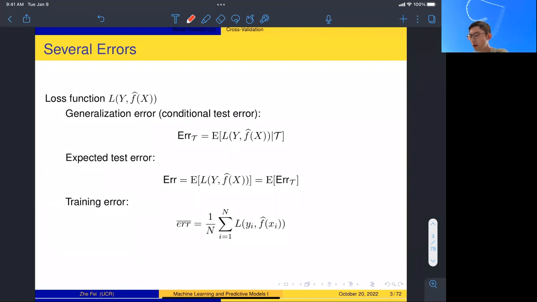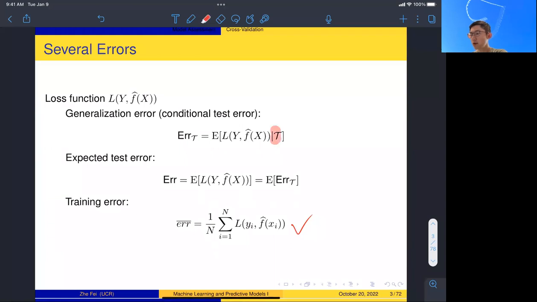The training error is essentially the average that we take on our training samples. So this formula should be familiar to everyone. And then the testing error, we can further specify it as the testing error